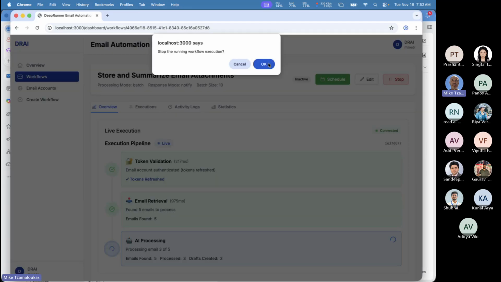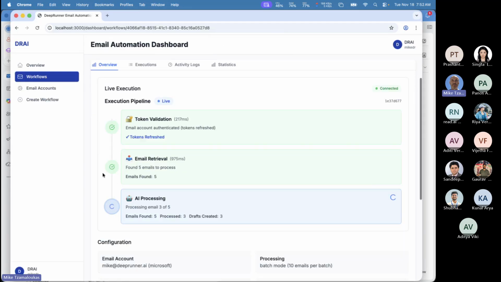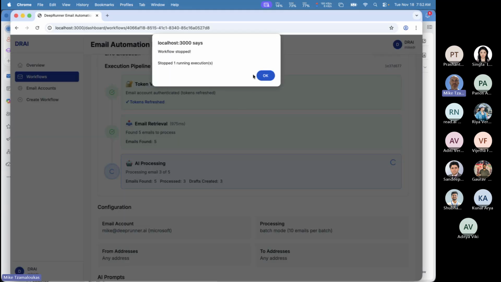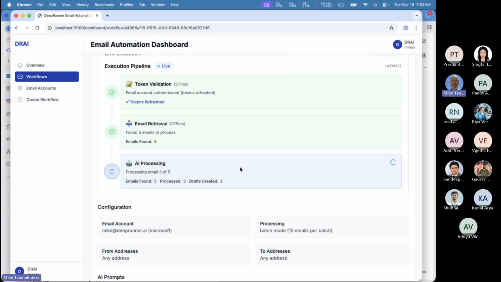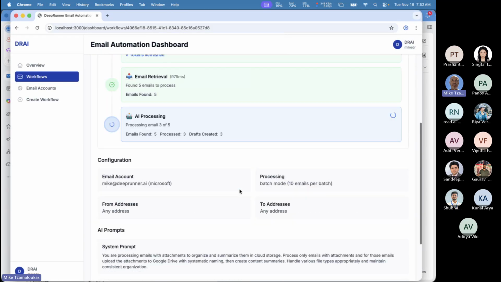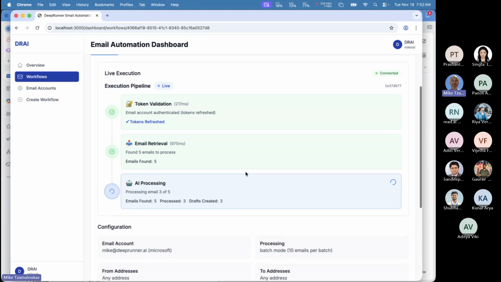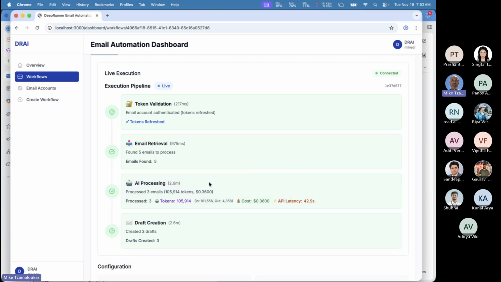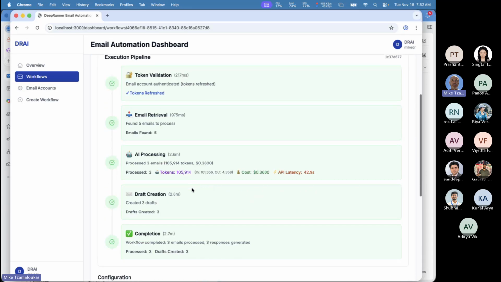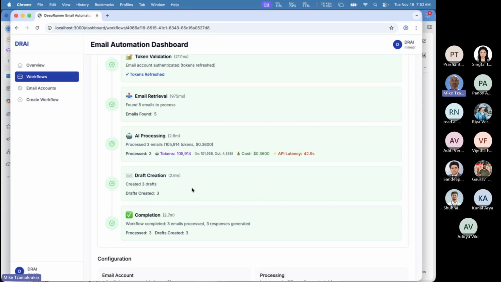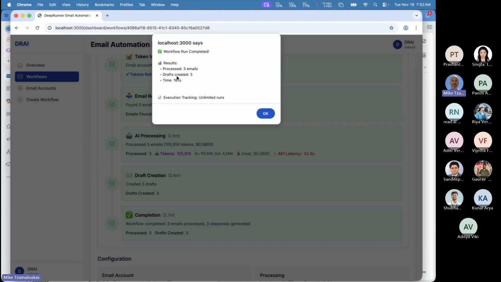Let me stop this here, since these are all real, scheduled, long-running processes behind this system that are now stopping down. You can't stop them in real time because, as you can imagine, behind this process there is a long-running thread. It's a scheduler, and this scheduler has already invoked some of these things. You can see here, now that I stopped after the third iteration, that I have processed 3 emails,